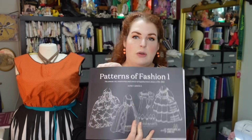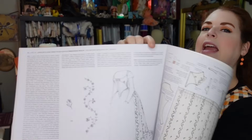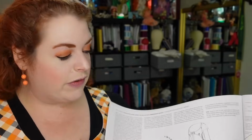I think it was mostly just folding in the skirt pieces, to be honest. But yeah, that's what I have to figure out. And the other thing that I'm doing is I'm actually looking at the new Patterns of Fashion 1, and I am looking at this dress, which is from 1785 to 95, which has that sort of cutaway front right there. Though again, it has a center front opening,